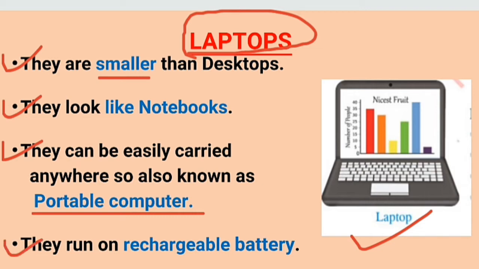The main difference is they run on rechargeable battery. Rechargeable battery means for desktops we need continuous power supply, that is they run on electricity, but in laptops they work on rechargeable battery. When we charge our battery for 3 to 4 hours in continuation, then it will run our laptop for 7 to 8 hours. So without electricity, after recharging it, we can work on laptop for 7 to 8 hours in continuation. So that is why we are saying they run on